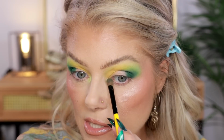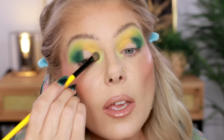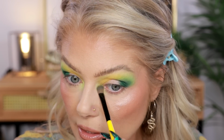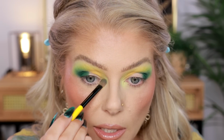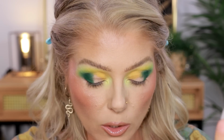And you can see when I concentrate it and not buff it, it is a very nice pastel yellow. And this is how you can use the pastel yellow if you have a cool skin tone, as an inner corner highlight or as a lid color, and just really concentrate it, not buffing or blending or floofing like I did before, but actually putting it down. I think I'm gonna mimic the shades under the eyes as well, and then we can get into the shimmers,